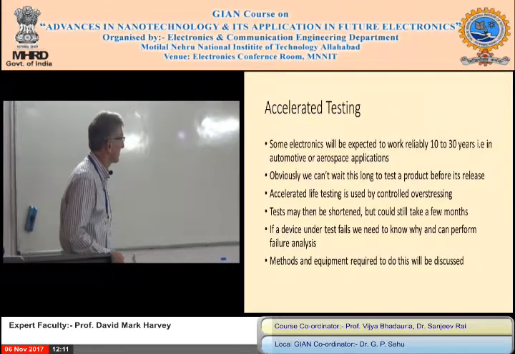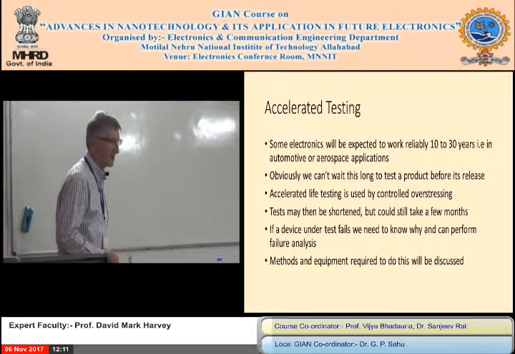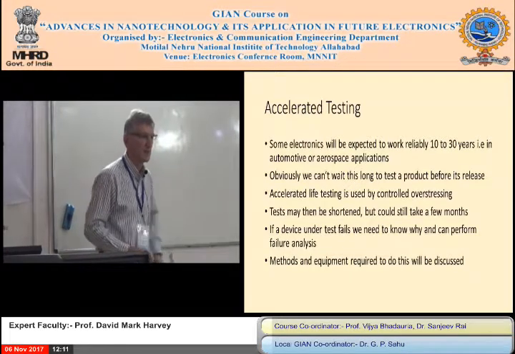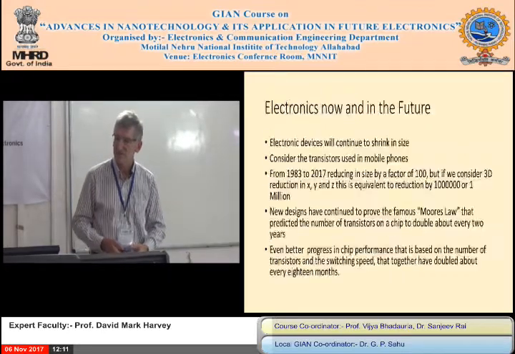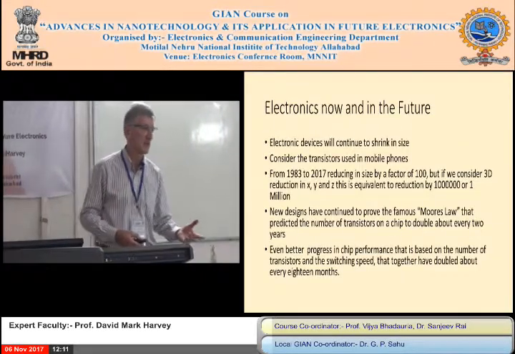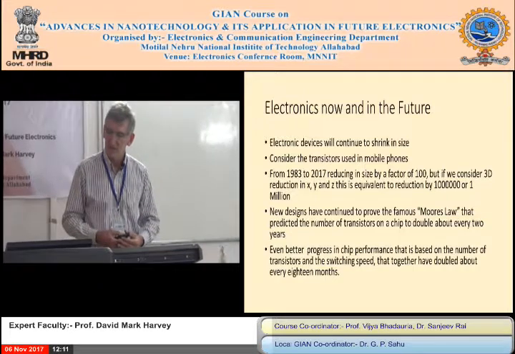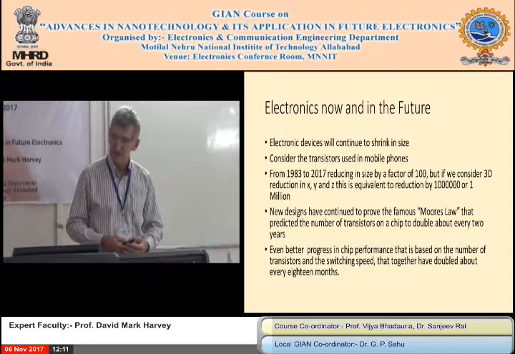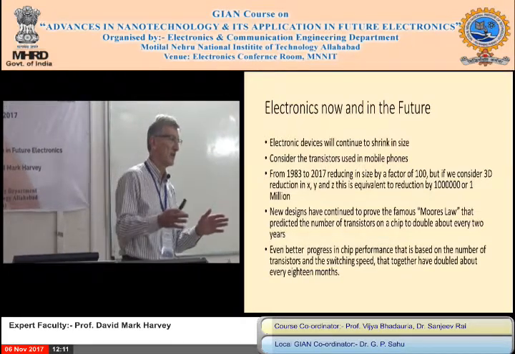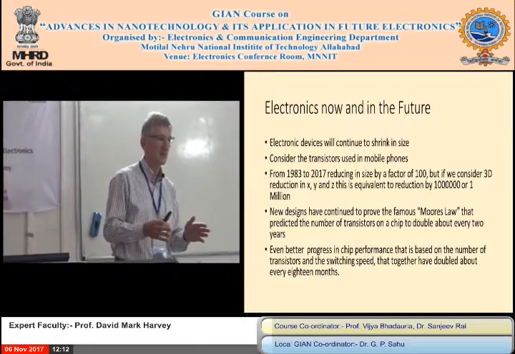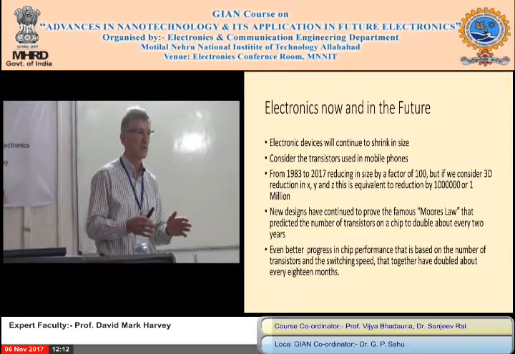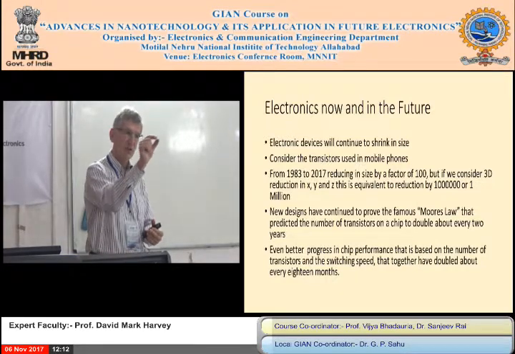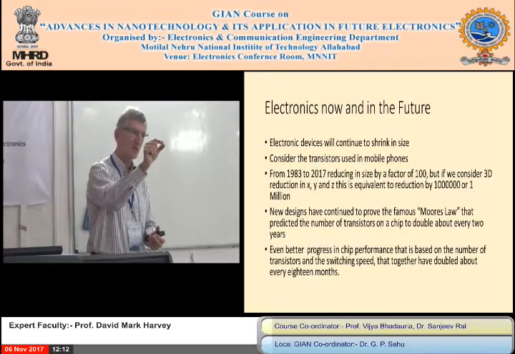So now I'm just going to look ahead as I see things developing. There's no doubt the devices are shrinking in size. We looked at the mobile phones, how it's gone down over that time. From 1983 to 2017, the transistor size went down by a factor of 100. Remember those slides? From 1 micron to 10 nano, the size of the individual transistor. But that's just the gate size or the line size. That's only in one dimension.